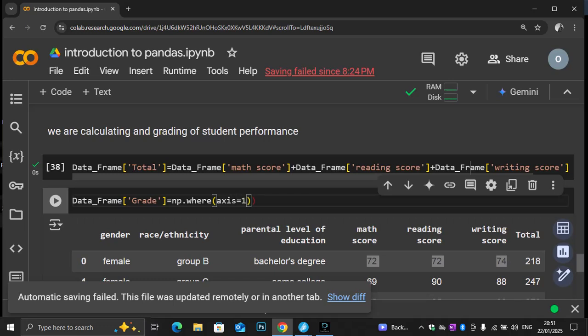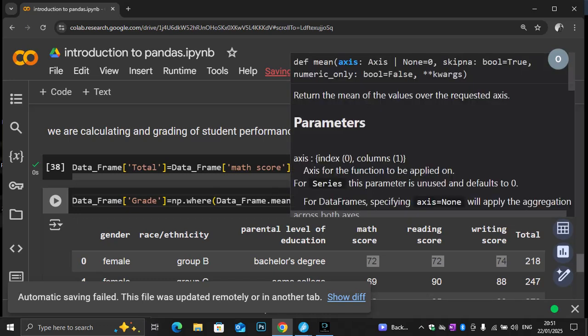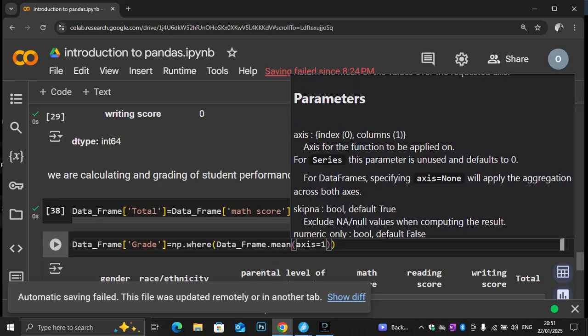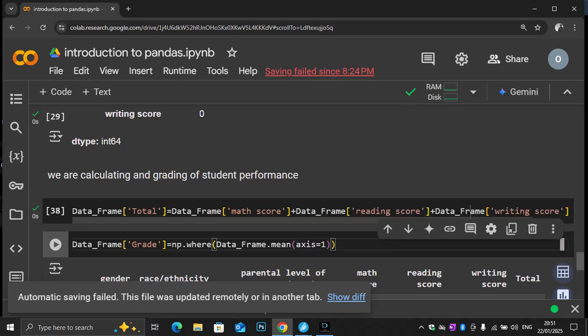Hmm. Wait, I missed out something. So, okay, I'll pass in a condition, if 50, let's say 50, comma,